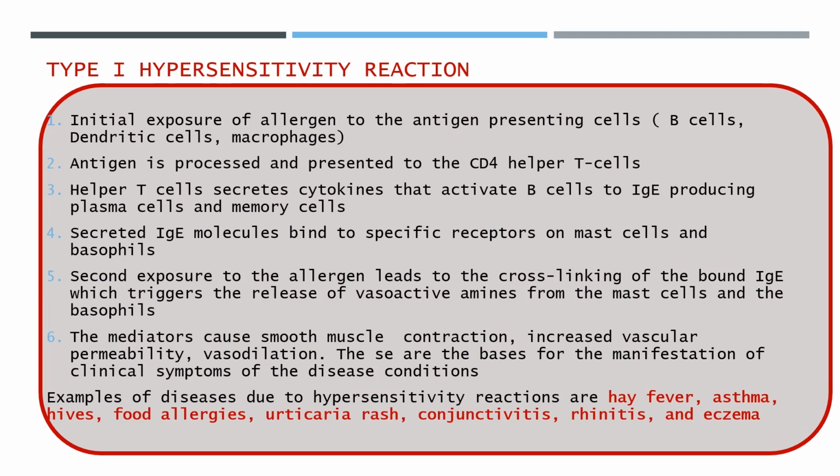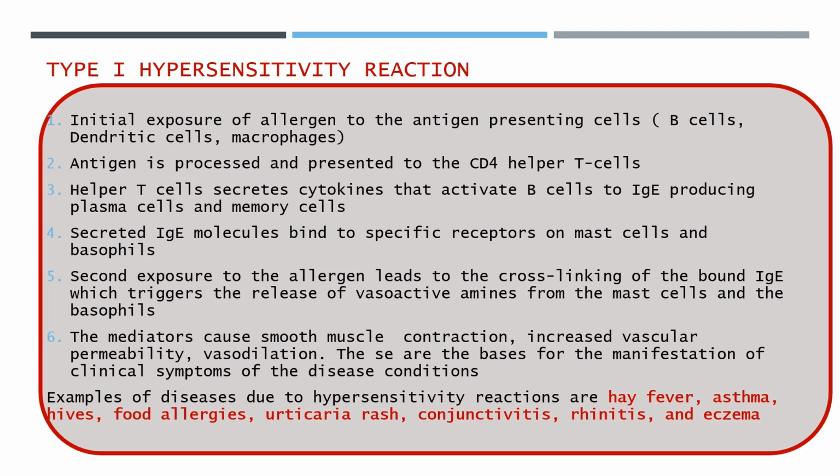The mechanism of type 1 hypersensitivity reaction usually begins with an exposure to an allergen for the first time. These allergens are opened and presented to antigen presenting cells, which destroy the allergen and present them to T helper cells. Upon presentation to T helper cells, the T helper cells secrete cytokines that activate B cells to develop into plasma cells. And these plasma cells secrete a lot of IgE, and this IgE binds to specific receptors on the effector cells like the mast cells and the basophils, which are carried in circulation.